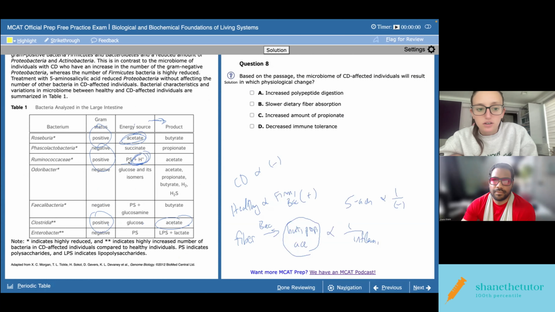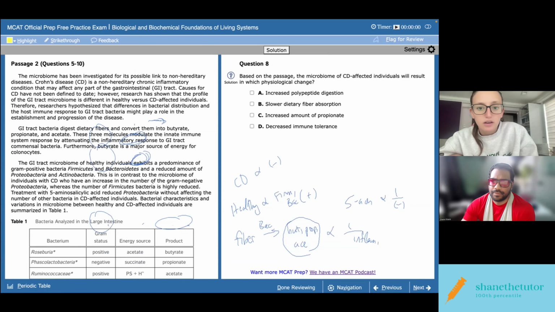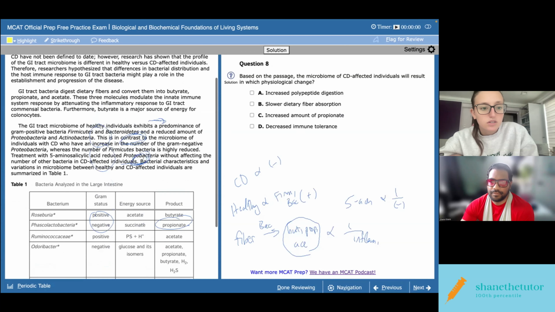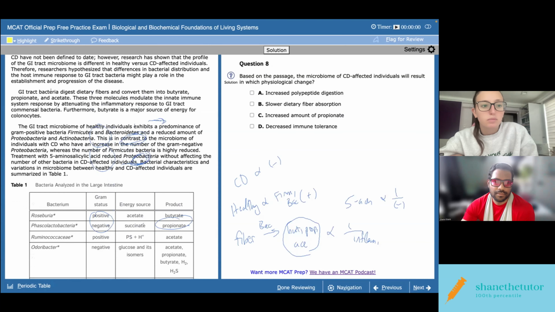Increased digestion, potentially, but not necessarily any different from normal. So not sure about A. With B, dietary fibers and convert them to. I've been defined that the profile is different. So it doesn't say anything specifically about like di